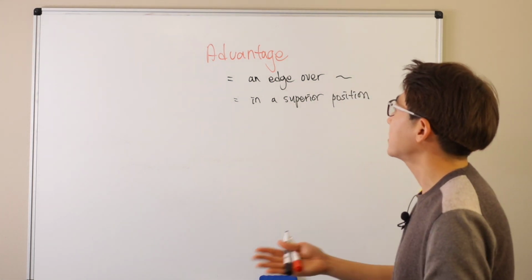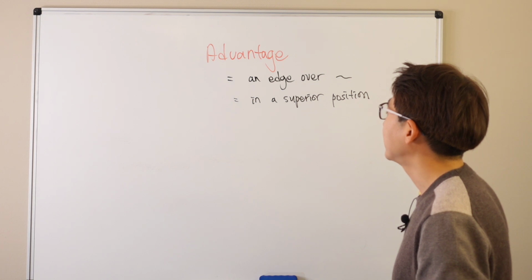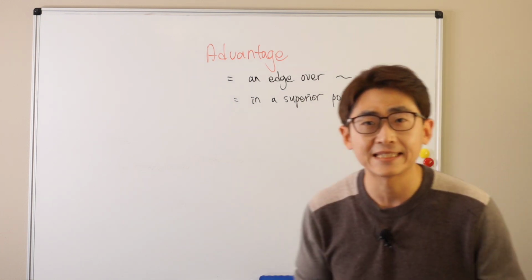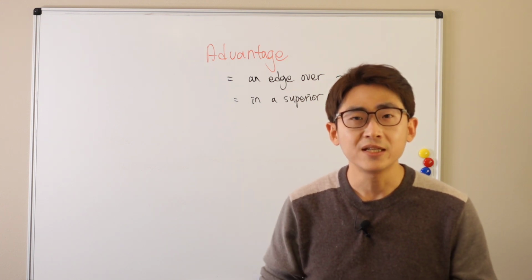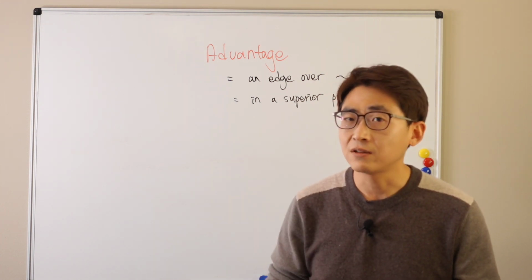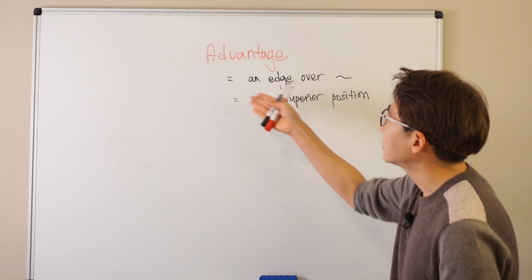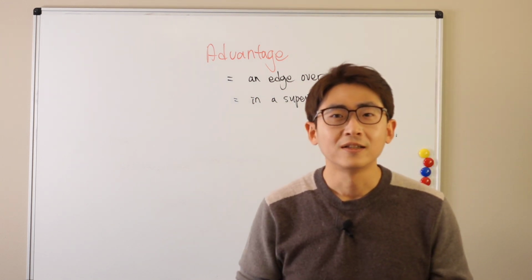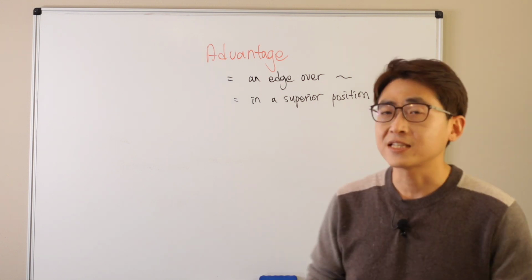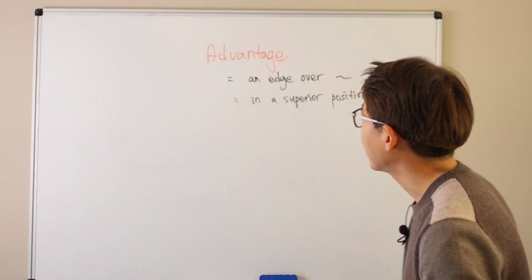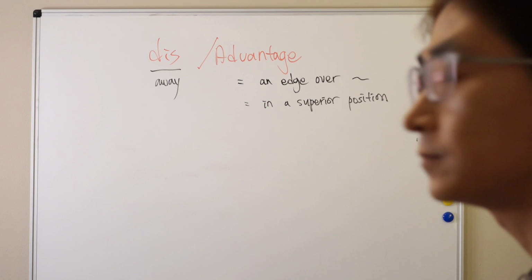Okay, so let's say you're playing basketball and you have an advantage of height, and that means compared to other players who are mostly 6 feet tall, you have an advantage of height. That means you are about like the height of 6'5", and you're already